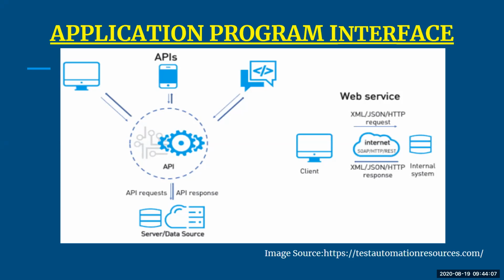that acts as a messenger which takes the request from you. Accordingly, it fulfills your request, and what is given back to you is called the API response. Over the screen you can see the diagram. There is the API request, which takes requests from different clients on different devices, such as your desktop, your mobile phone, or different messaging apps. They then give this request to the servers or data source. The data source or servers give you a response back, which is called the API response.